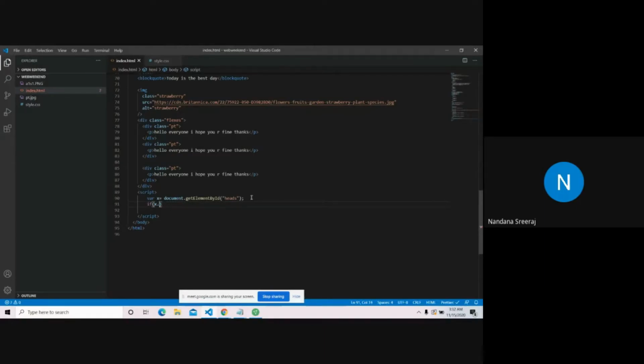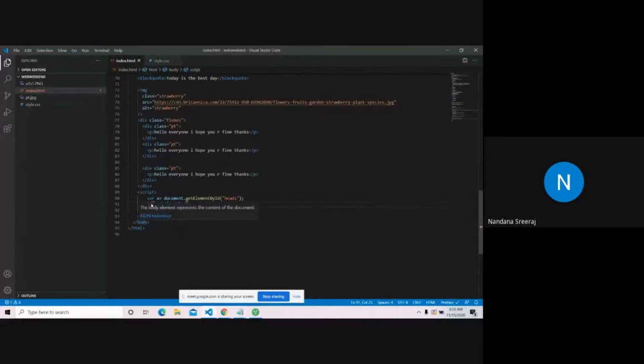We have multiple things for that, like style.color, display, flex, height, width, background color, margin bottom, margin left. We have every CSS property here, a large number of them. So I'm using color. So I'm accessing the CSS property color.